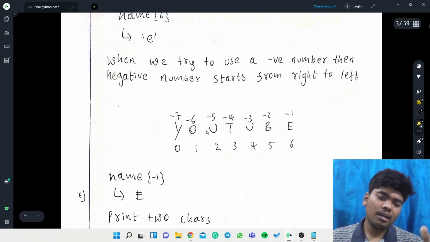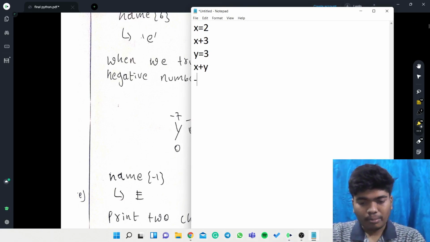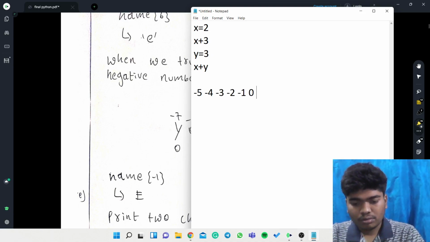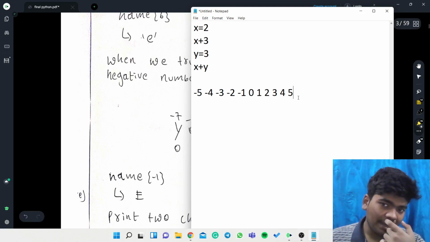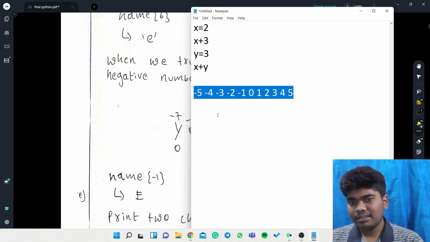Because if we consider this in basic math, minus 5, minus 4, minus 3, minus 2, minus 1, 0, 1, 2, 3, 4, 5. So here this will be a basic number line. This is very basic math which we had learned in the third class, right?